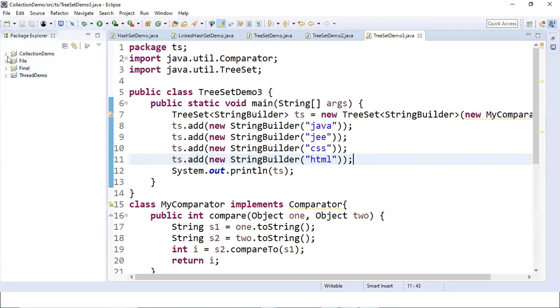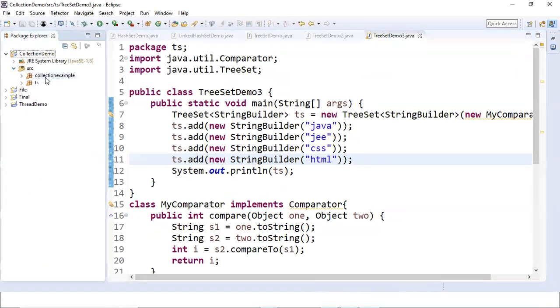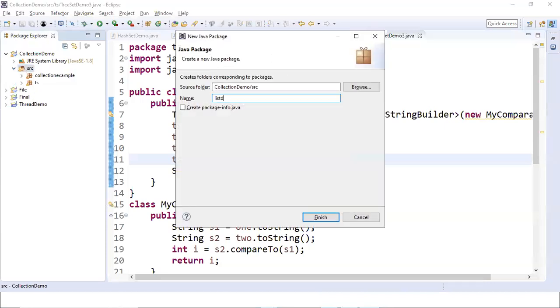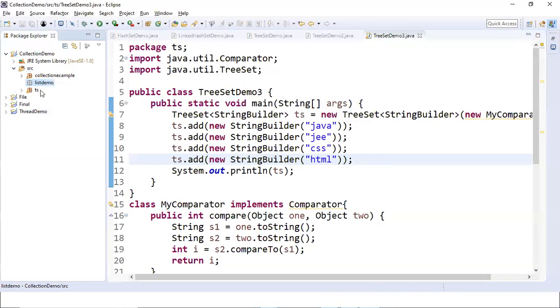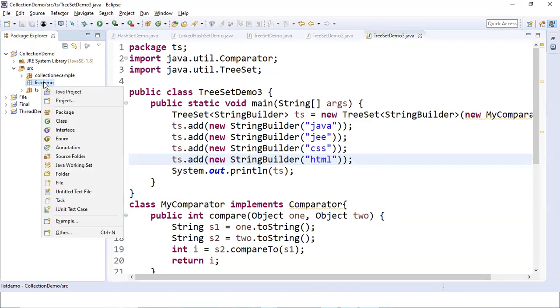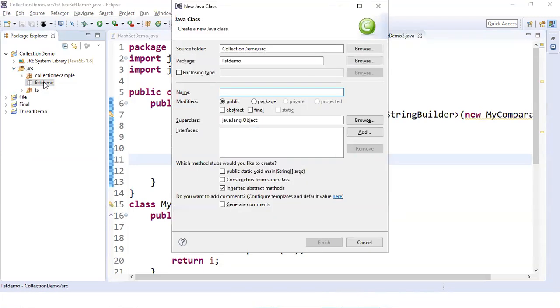I'm using this collections demo inside this src collection example. TreeSet, two packages are there. I'll create a new package, list demo, list interface demo I mean. Inside this package, first let us understand the first example, ArrayList demo. I'll take the main method, click on